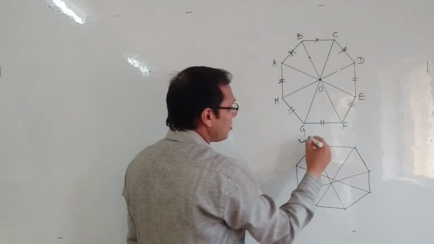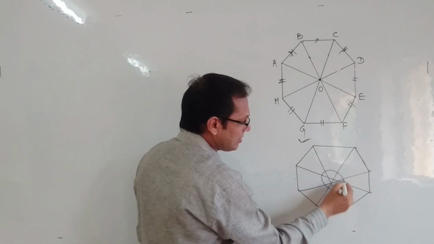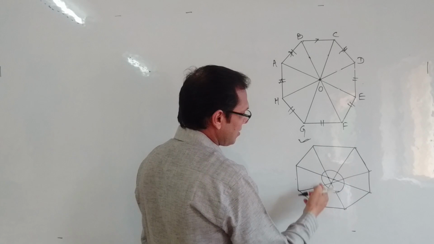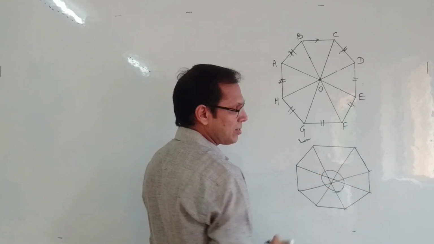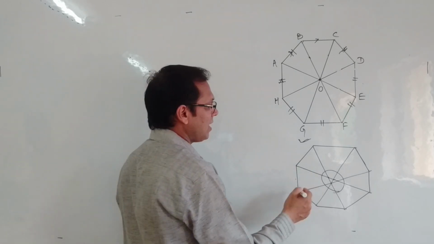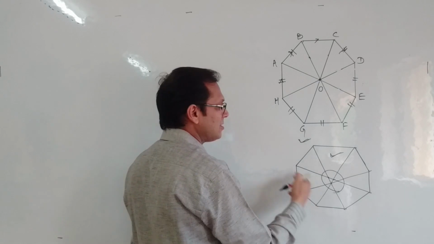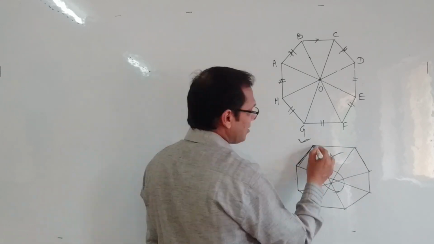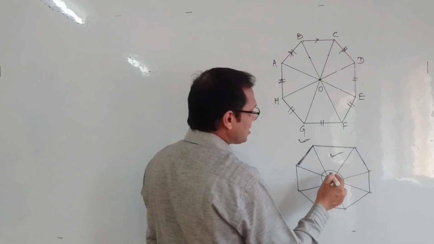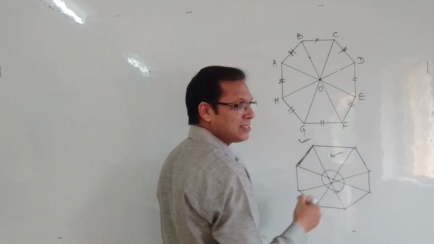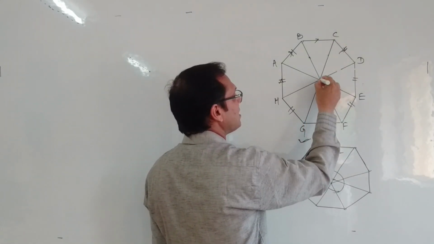If the octagon is not regular, we will not get a center. Here in this figure the diagonals of the octagon intersect at more than one point. That's why we will not get a center in this figure, since this one is not a regular octagon. This side is longer than this side. That's why we will not get a fixed point or center in this irregular octagon. Since this is a regular octagon, we will get a center here.